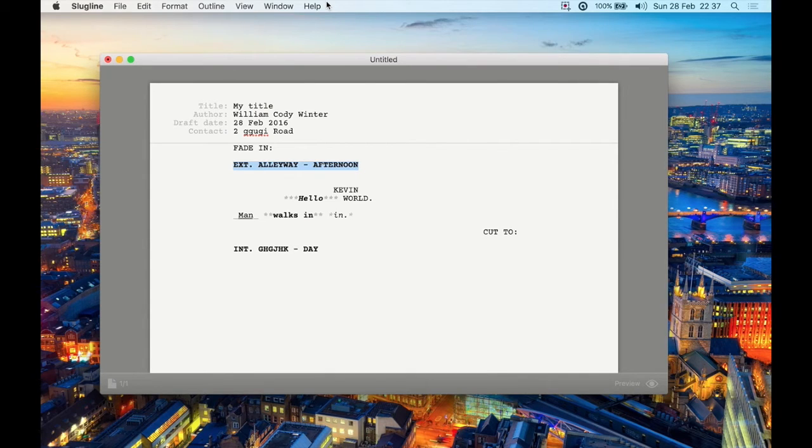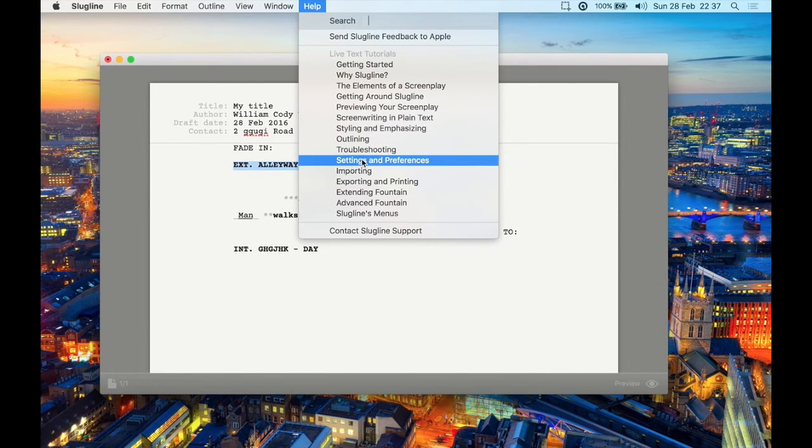So what if you want to use a cheaper program such as Slugline, Highland, Montage, whatever, and then you want to go from Slugline to a Final Draft format to give to people, maybe actual professionals in the industry, or vice versa. What if somebody in the industry gives you a file in Final Draft format, and you need to edit it and you don't have Final Draft and you have Slugline? Then what they recommend, and I would recommend it too, is you go to help, and it tells you